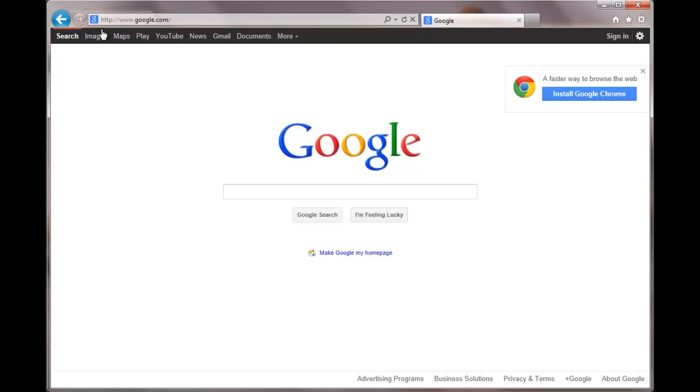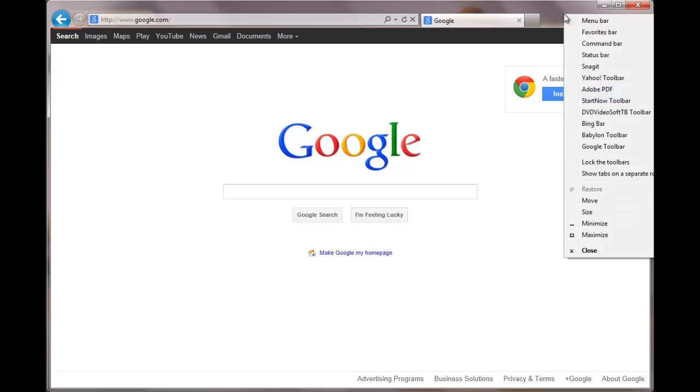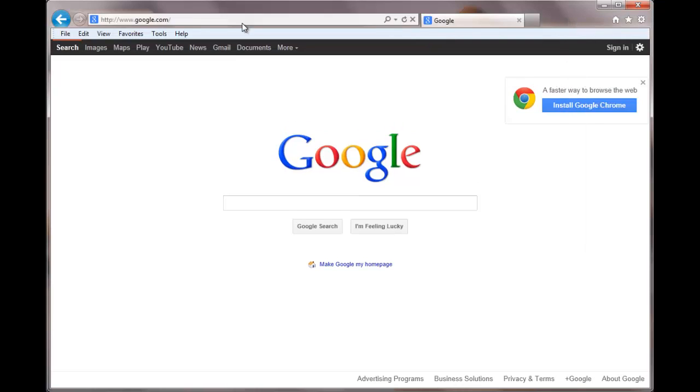Now, in Internet Explorer, the first thing we're going to do is make sure that we have a menu across the bottom here. That's called the menu bar. So if you point to this top area, anywhere in the blank area, not right in the address bar, but off to the side, I'm going to right click, which pulls up the context menu. Notice the first thing that's here is the menu bar. I'm going to click on that, and you'll notice a menu system popped up right here,